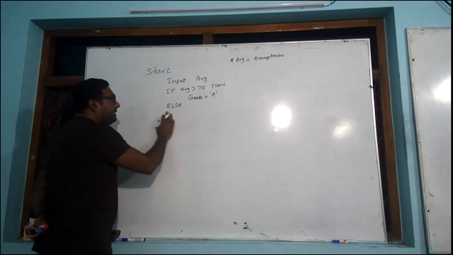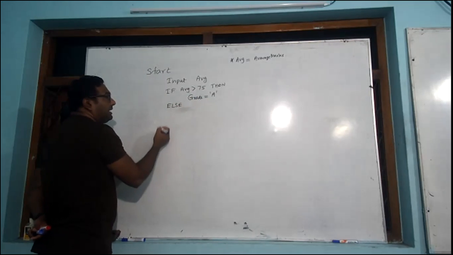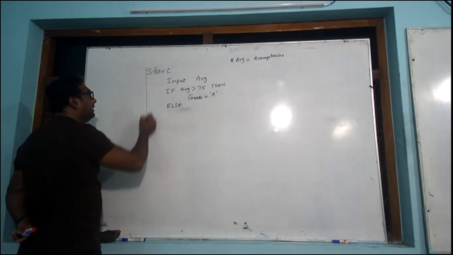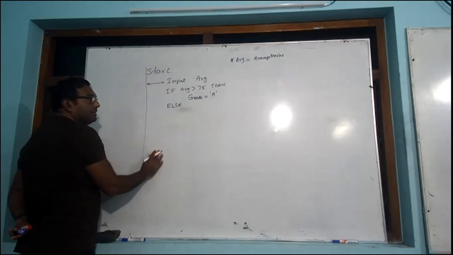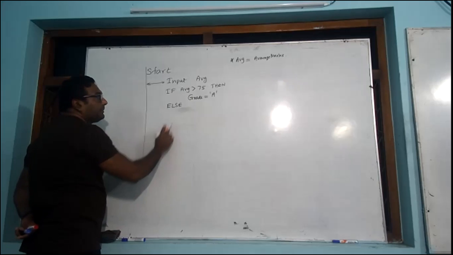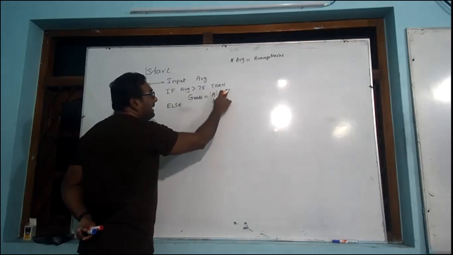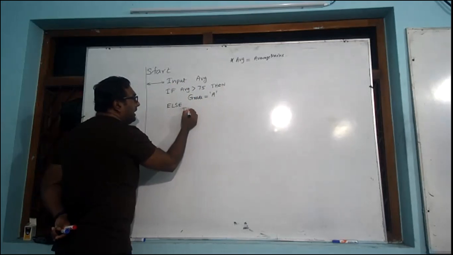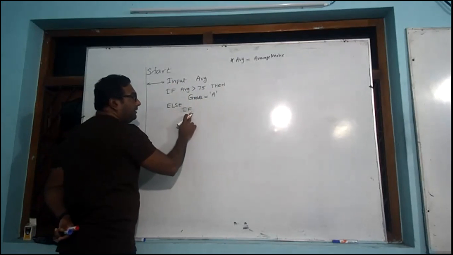Inside the else, I'm going to use another if condition. As I have mentioned last week, you have started from here, then you are indenting. You are giving some space. So input AVG, if AVG greater than 75, then grade is A. Else, again you are checking. If, another if comes in, inside else, if